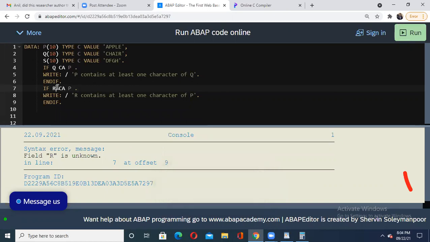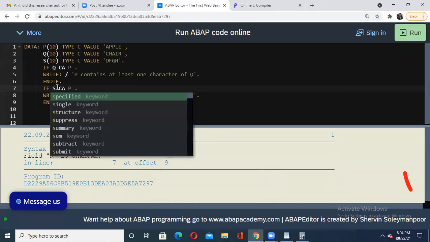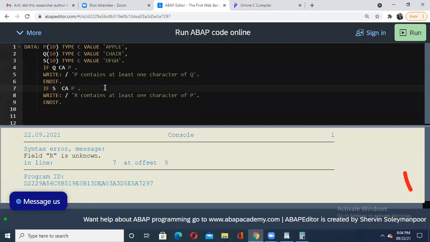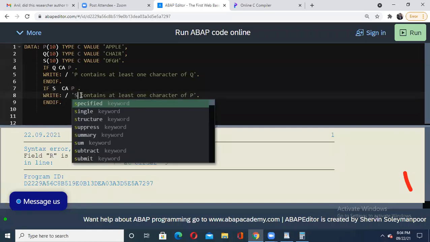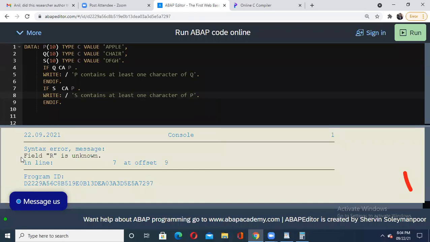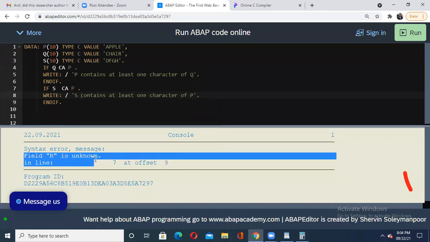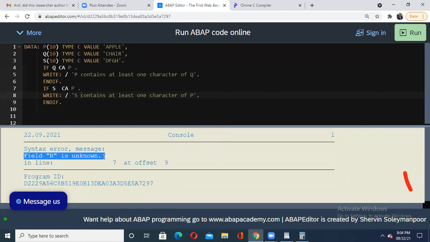Okay, sorry, no one has prompted me, sir. You have taken yes, not R there. Because I have not declared the R variable. That's why this one was the error. Field R is unknown. It was not able to find it. Its meaning is very clear: it means you have not declared that variable and you are still using it in your code. Understand the meaning: that variable was undeclared. Now let us run.